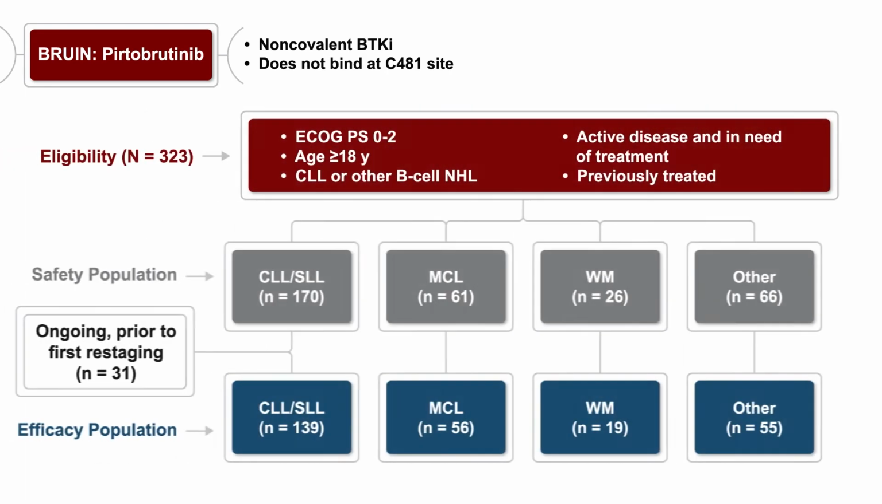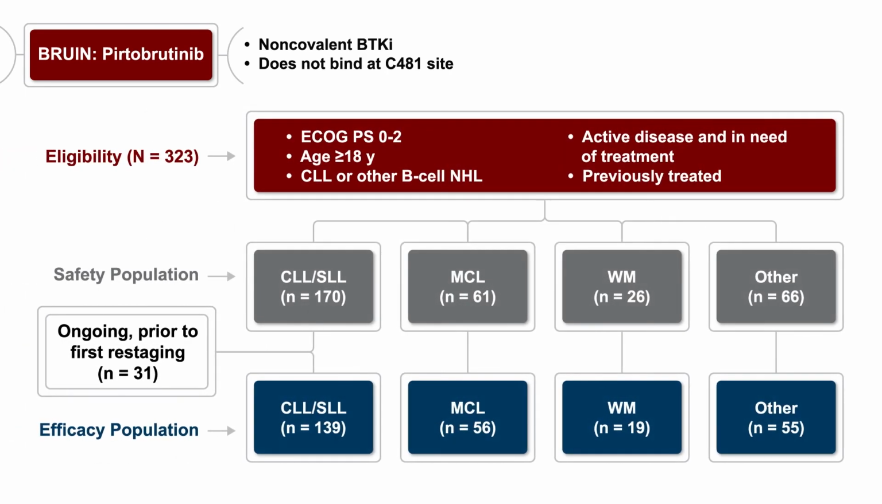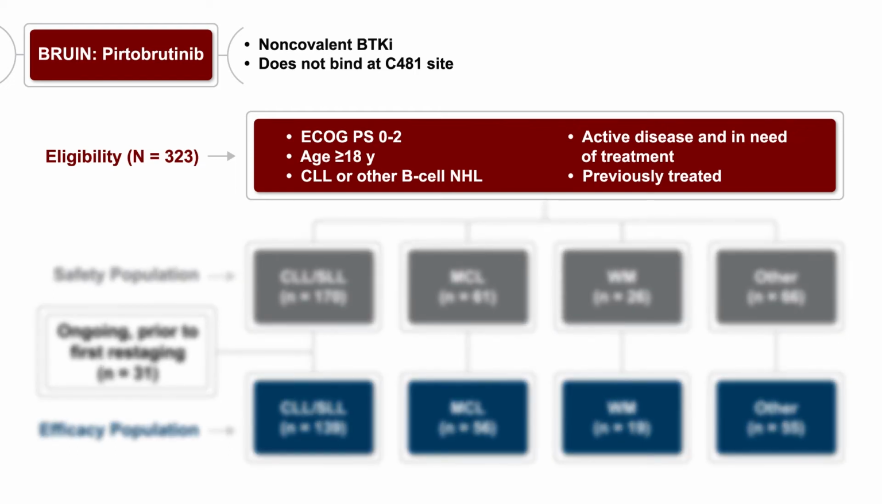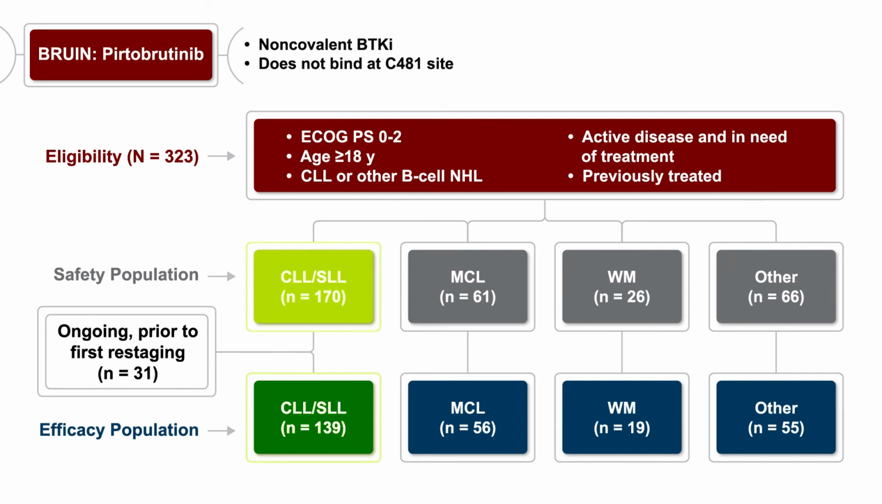What about pirtobrutinib? This is the non-covalent BTK inhibitor that does not rely on binding at the C481 site and works through a different mechanism of action. This was recently tested in a phase 1/2 study called the BRUIN trial, which looked at this agent in a variety of B-cell malignancies. They enrolled patients who had an ECOG of 0 to 2 and included patients who were 18 and older with diseases like CLL or other B-cell non-Hodgkin lymphoma, including mantle cell lymphoma, Waldenstrom macroglobulinemia, as well